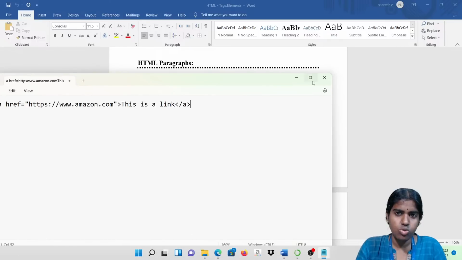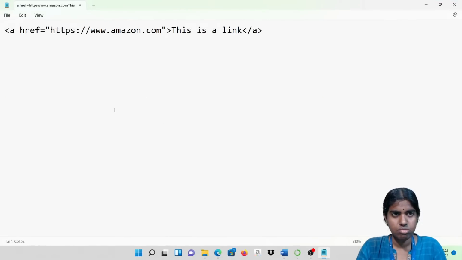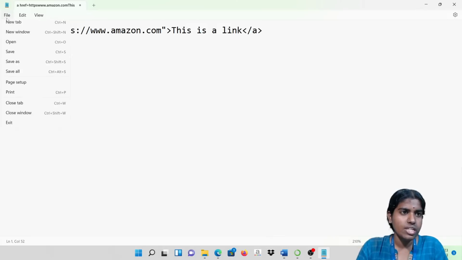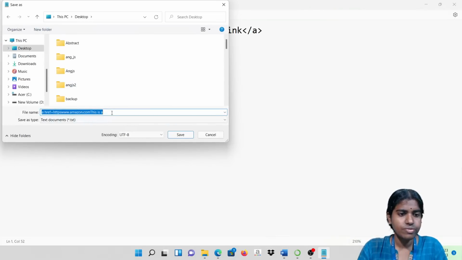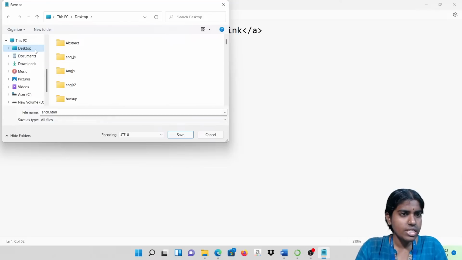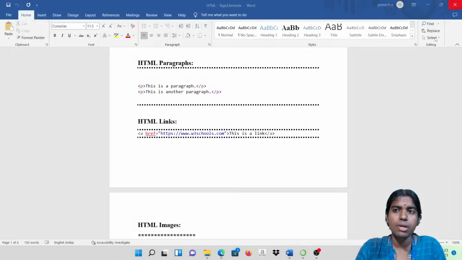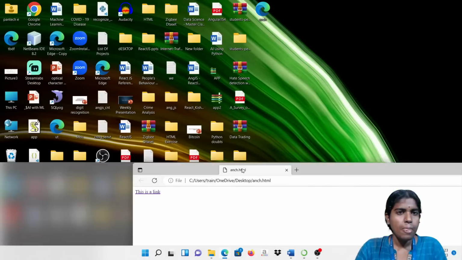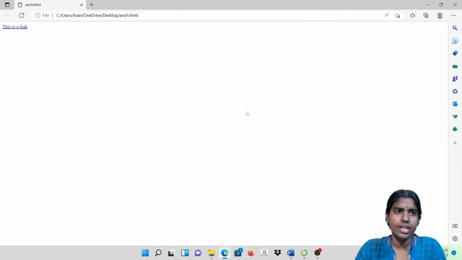Clear with this? So what is the use of this anchor tags available in HTML? If I want to create a reference to Amazon.com or some other website, you can just create a a href tag. Clear with this? So you can just go for this anchor.html. Whenever I want to save any of these HTML documents, I should save this with .html extension. Inside this desktop, I am saving this with .html extension. Just double click. And you can just see here a reference link has been created.